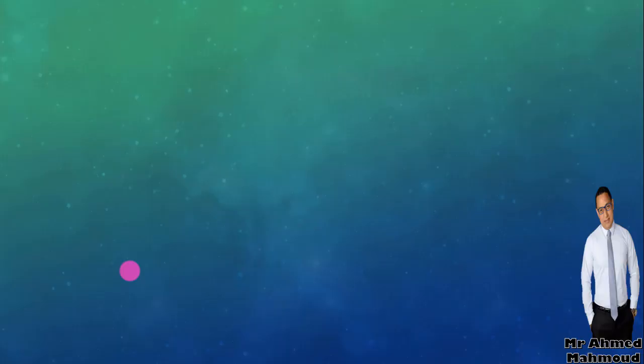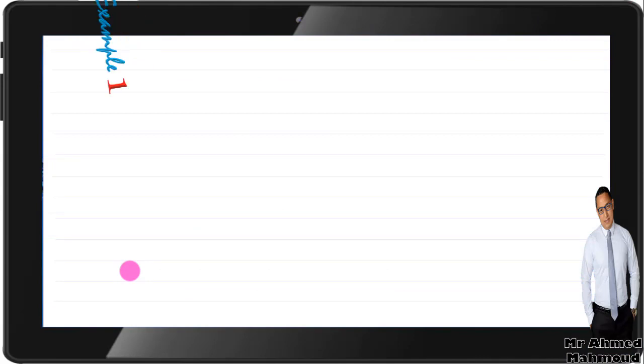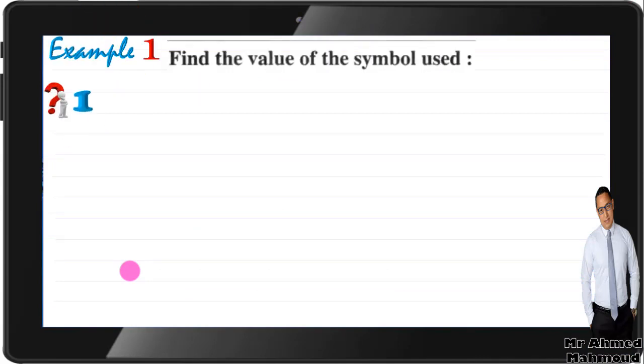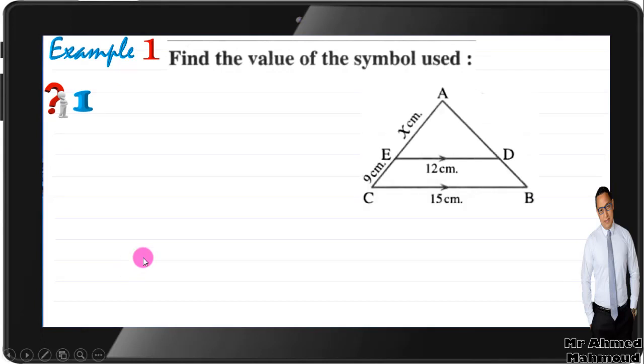Let's solve the first example together. Find the value of the symbol used. Number 1: here in this triangle ED and BC are parallel. As I said in the previous remark, angle E equals angle C and angle D equals angle B. So the two triangles ADE and ABC are similar. So I say that since